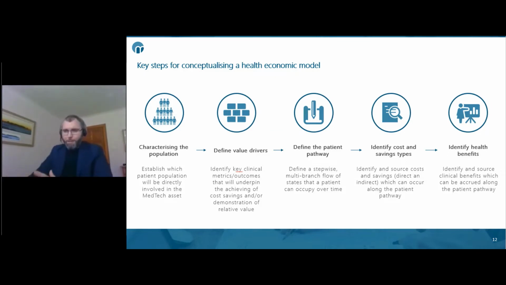Are we looking actually at systemic change being affected by a new device? And that's really pertinent in MedTech devices, even more so in my experience and opinion than in pharmaceutical, because so many devices are, and this is why they're so exciting to us, unlocking brand new opportunities. This is so often the case that there is unmet need that is frankly untapped, insofar as what we need in many cases is a step change in the way we are delivering care. Many devices speak exactly to this need, and therefore defining acutely this patient pathway, this treatment pathway, is integral to